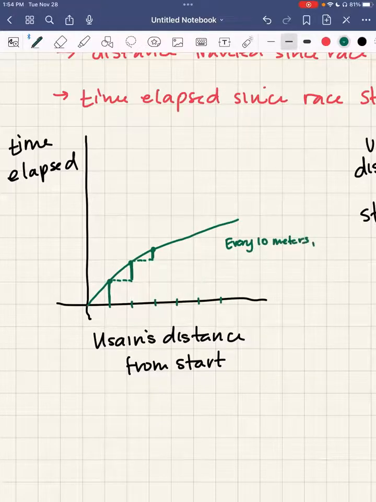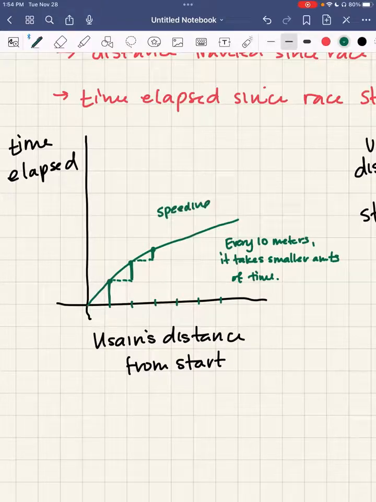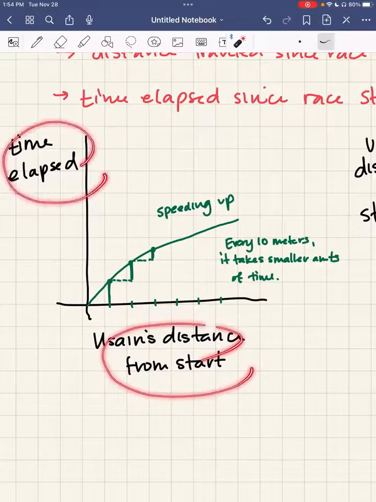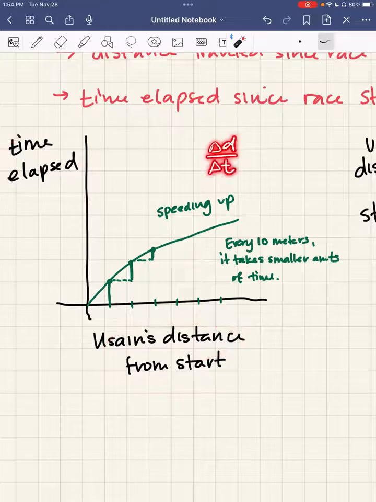it takes smaller amounts of time, right? And that's probably not the best English grammatical way to say it, but that's kind of what we're saying here. And so actually a graph that looks like this could also mean speeding up because we've switched the axes. So a lot of times we default to being like, oh, hey, speeding up means this. But you have to be careful because the way you label the axes is actually going to change what speeding up might mean. Because even if we draw it like this, we're still really thinking about speeding up like this. This is the way we tend to process it.